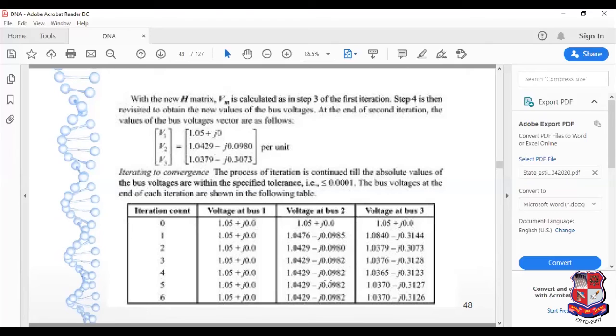In most power calculations or state estimation, calculation is carried out only up to the third iteration. Or if we want to increase or decrease the iteration count, we can proceed just like in load flow studies by fixing the tolerance limit. Over here, the tolerance limit is normally taken as 10 raised to minus 4. Okay, so always keep this in mind. In state estimation, the tolerance limit is mostly taken as 10 raised to minus 4, and after the third iteration, whatever results you get will be almost equal to each other. So up to the third iteration, you will mostly get a value equal to the true value.